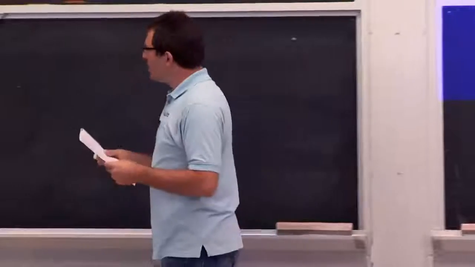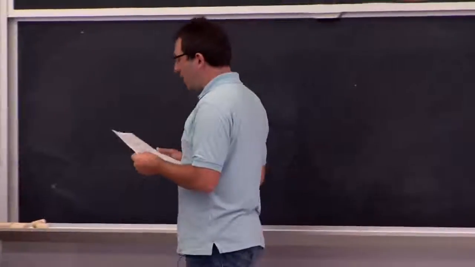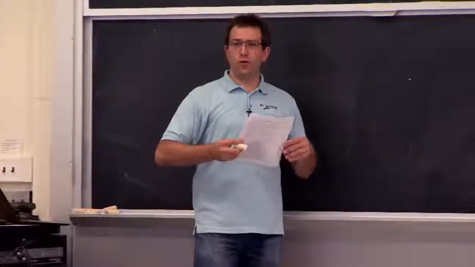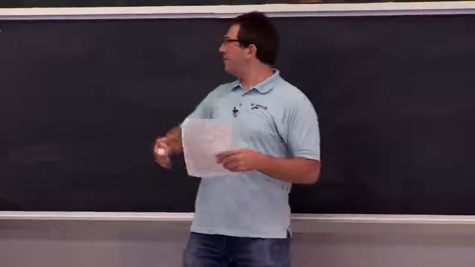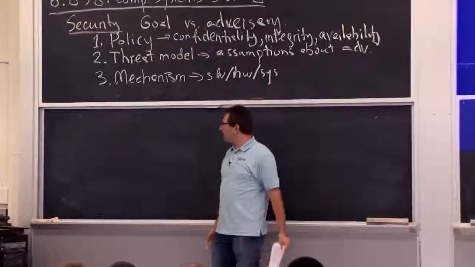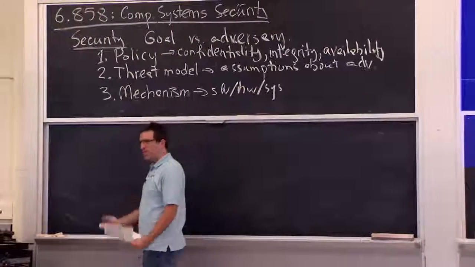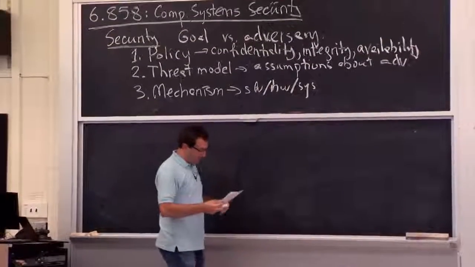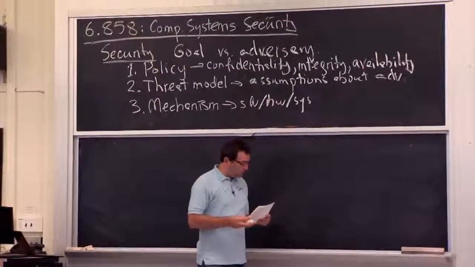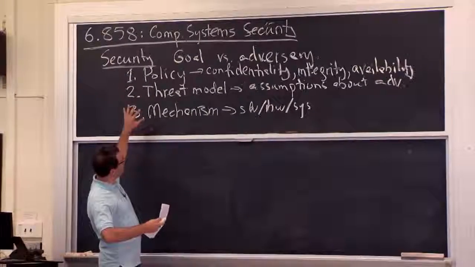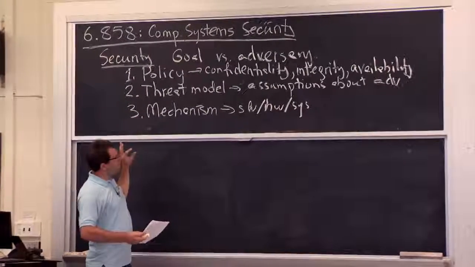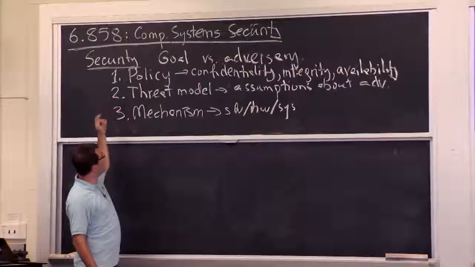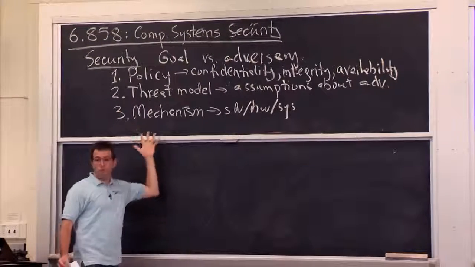All right. So in the rest of the lecture, I want to go through a bunch of different examples of how security goes wrong. So far we've seen how you can think of it, but inevitably it's useful to see examples of what not to do so that you can have a better mindset when you're approaching security problems. And in this breakdown of a security system, pretty much every one of these three things goes wrong. In practice, people get the policy wrong, people get the threat model wrong, and people get the mechanism wrong.